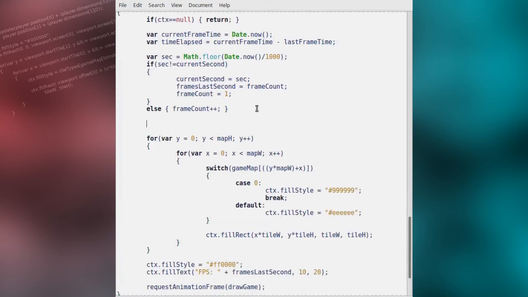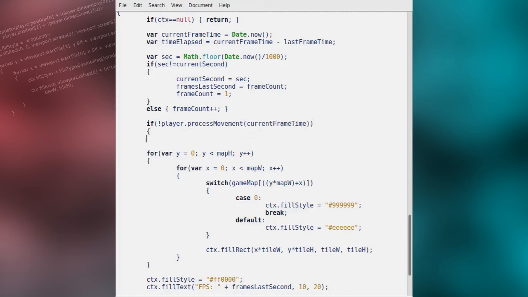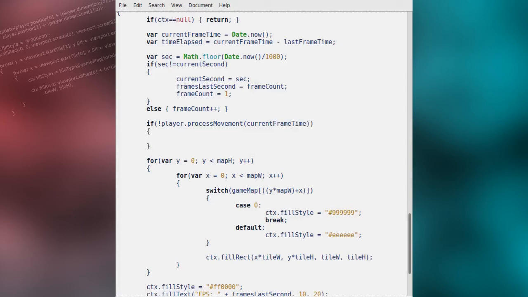Now, after the calculations for the frame rate, we'll check and see whether or not the player is processing any movement. We'll call the process movement method for the player character with the current frame time as the time elapsed for the argument. If the method returns false, then we know the character is not currently processing any movement,